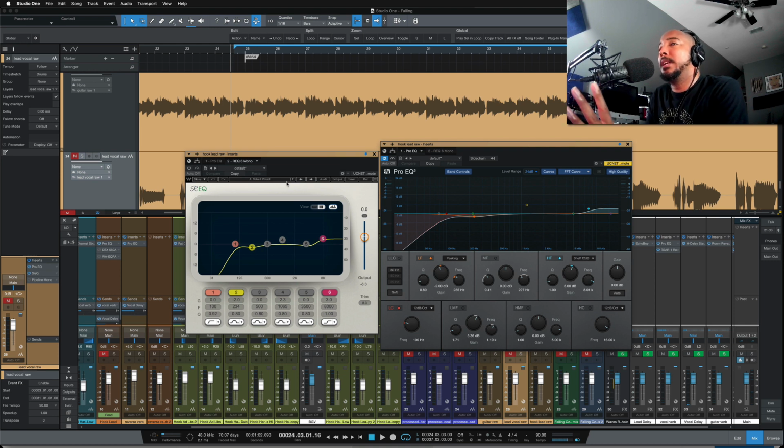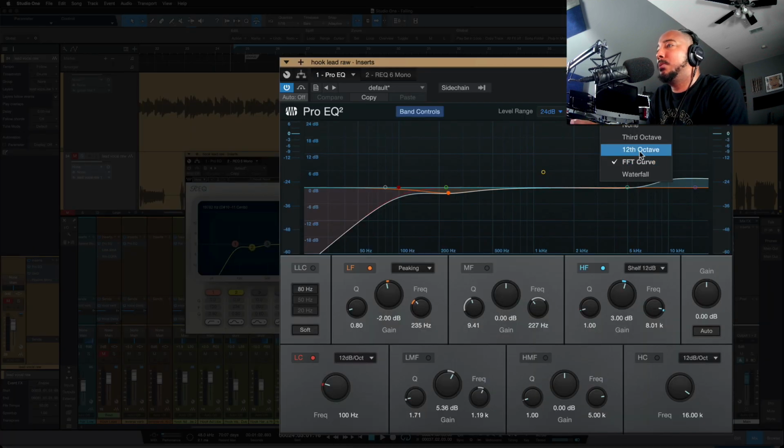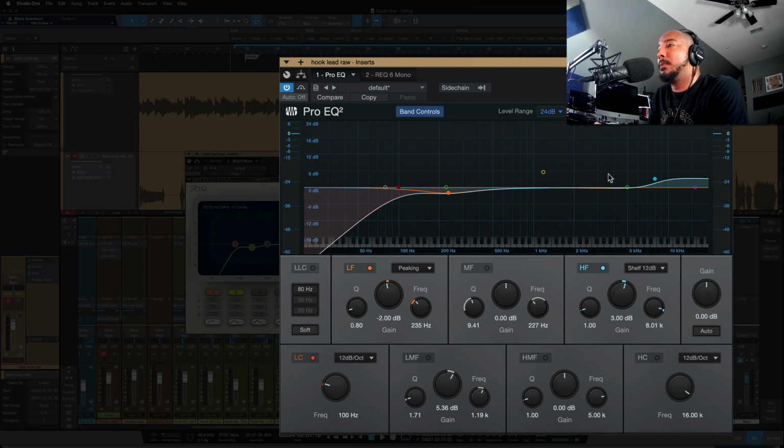So the first thing I want to point out in REQ is that as I move the mouse pointer, I can see what frequency represents that note. This is something that I wish Pro EQ had, and you can switch this to 12th octave and you can see the keyboard, but this still doesn't tell you exactly what note is for what frequency here. However, if you pull up the spectrum analyzer for Studio One, you get that functionality in that plugin. So I'm not sure why it's not in the Pro EQ, but that's one of the reasons here that I